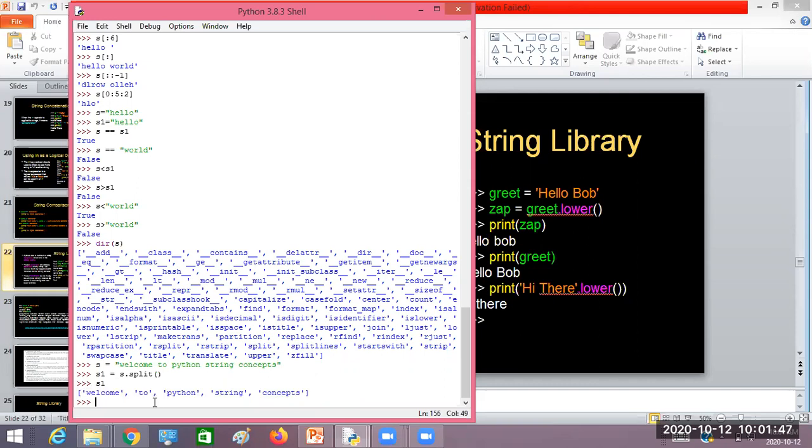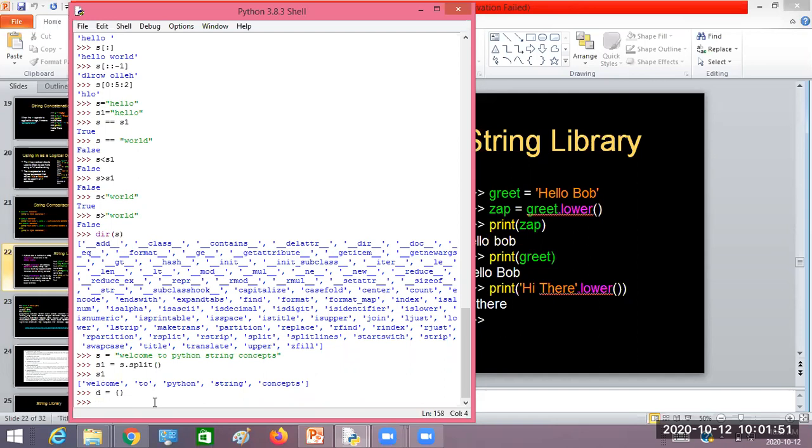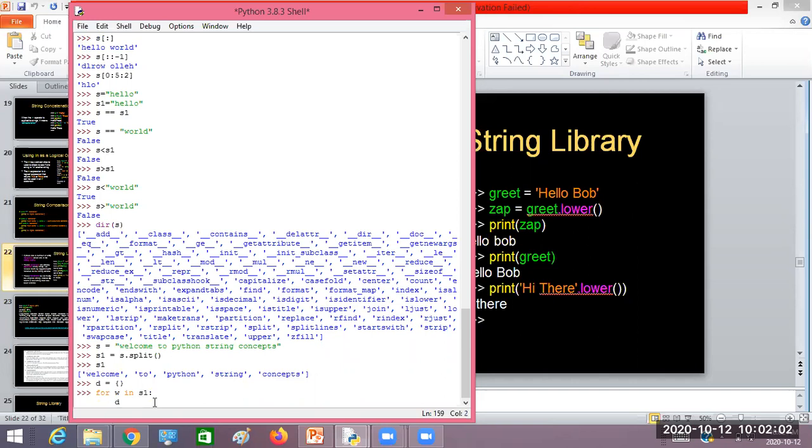Then, simple. I want to create a dictionary with the word count, the number of occurrences. Since s1 has a list of words, I write for w in s1, then d of w equals d.setdefault(w, 0) plus 1. If w is not available in d, set it to 0 and increment its value by 1.